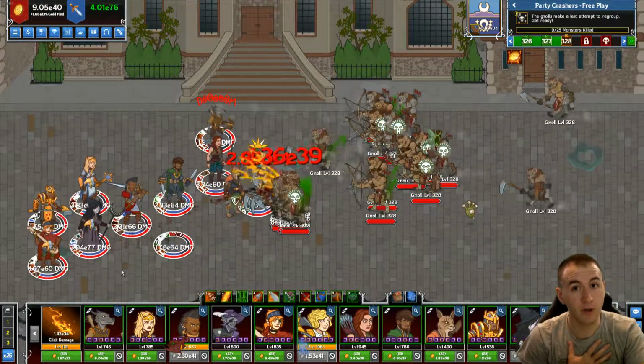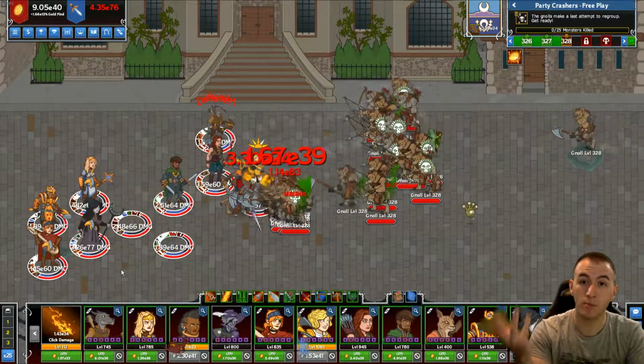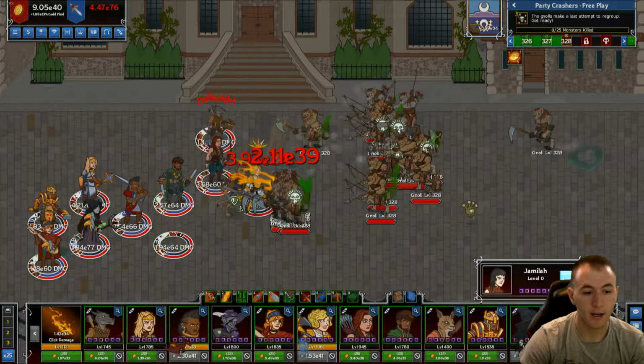Some people prefer attack styles. My favorite personal attack style is Strix with her auto attack, which does an AoE blast. I think that's very cool and efficient. Some people prefer to stay with Jamila,